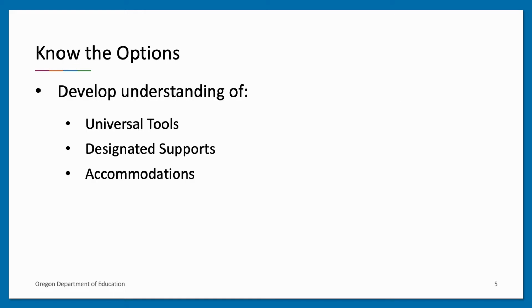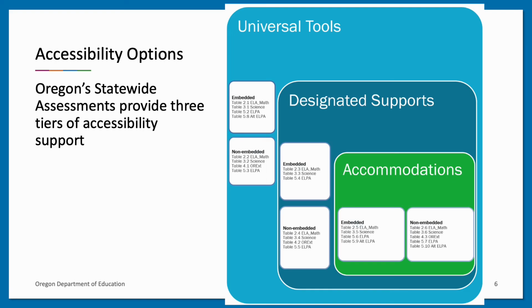It is critical to know the differences between each tier of statewide assessment accessibility supports. Specifically, there are 3 tiers of support: universal tools, designated supports, and accommodations. Each of the 3 tiers of support has different rules for implementation. Universal tools are automatically available to all students and can be student selected. Designated supports are set and tied by test administrators and are available to any student based upon identified need. Accommodations are also set and tied by TAs and are available to students who have that support documented in their